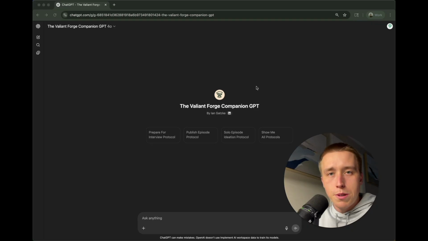Let's get into it. All right, so this tool is a GPT built using what I call the protocol method, where each protocol follows a step-by-step process to complete a specific task. So for this GPT, there are 6 protocols that it's trained on, and we're going to do a complete breakdown of each protocol. But first, I want to give you some insight into what working through a protocol with the